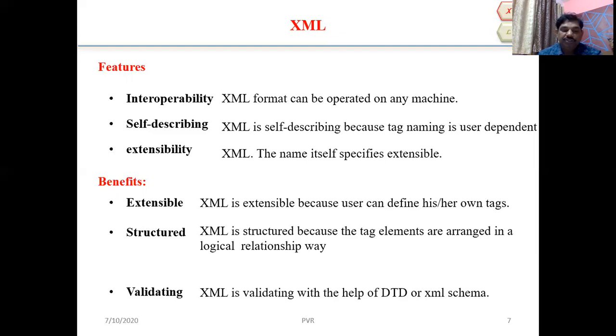And next one, structured. XML is structured because the tag elements are arranged in a logical relationship. And third one, any unstructured data can be converted into structured data by using XML. Validating. XML is validated with the help of DTD or XML schema. DTD means document type definition or XML